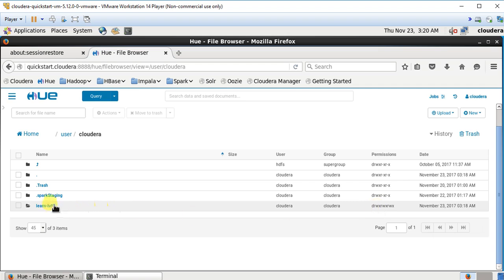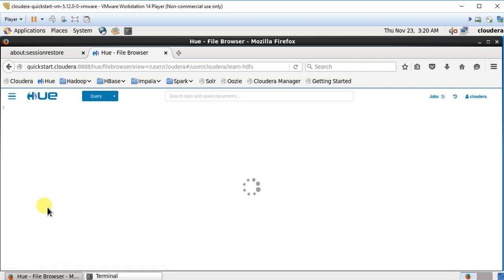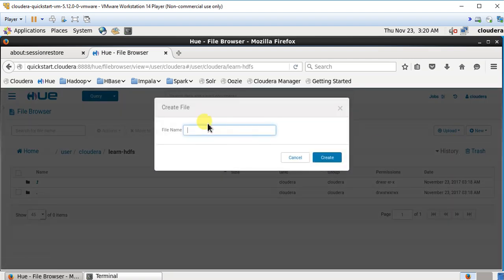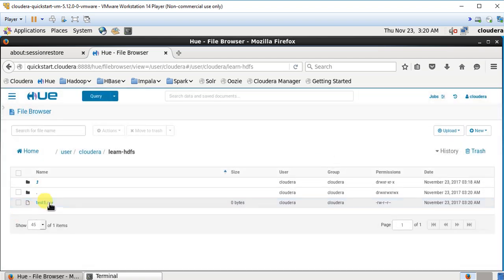Now I'm going to create a new file within the learn hdfs. So I click to drill down into the learn hdfs, and I click on new, and I can create a new file. So I'm going to call it test1.csv. That's a new file. So I click on create, and then I can drill into this file by clicking on the file,